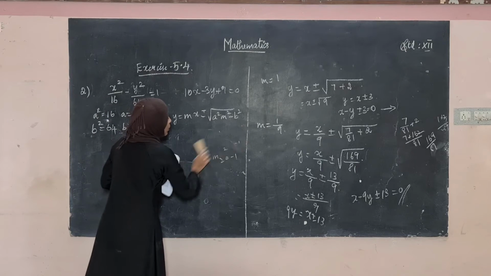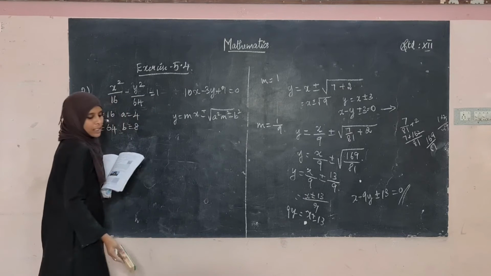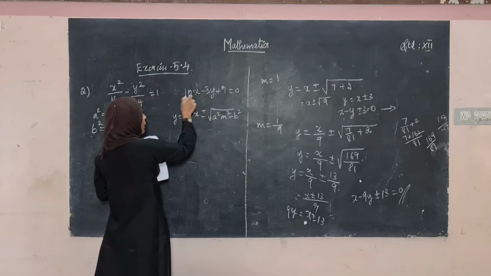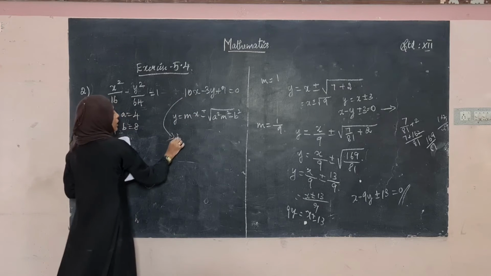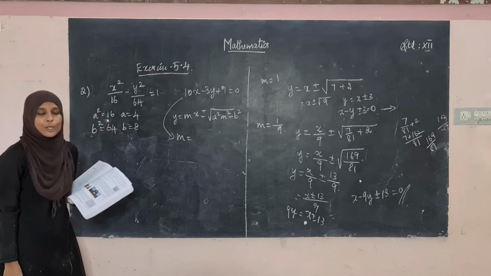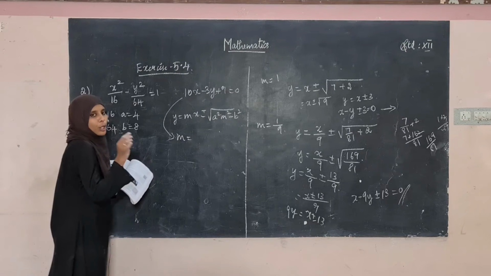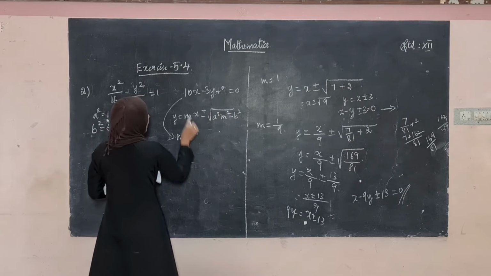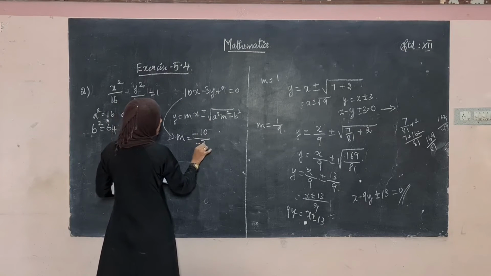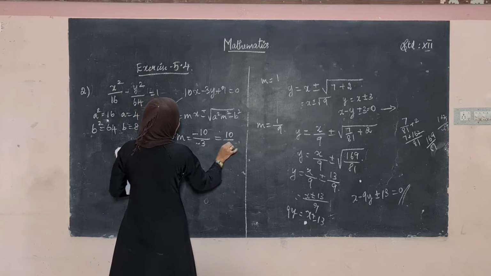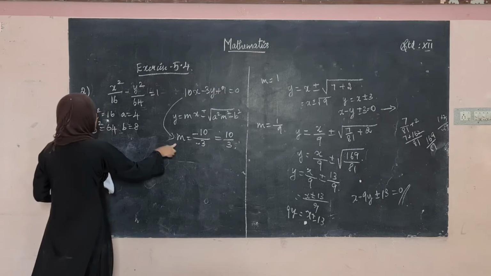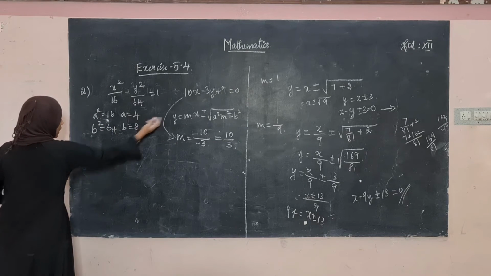Okay, so now in this question what they have given is, our equation of tangent is parallel to this. So from this we can find the slope. From the straight line how can you find the slope? That is minus coefficient of x divided by coefficient of y formula. So minus of coefficient of x is 10 divided by, what's the coefficient of y? That is minus 3. So our slope is 10 divided by 3. So m is equal to 10 divided by 3, a square and b square, we got the formula. Now we can substitute here.